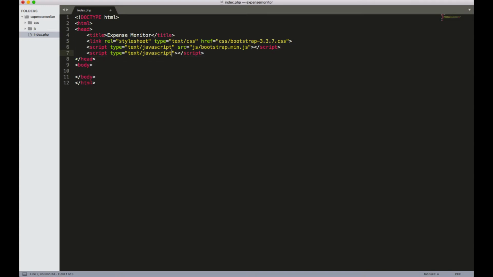script, source is equal to js/jquery-3.2.1.min.js. So these are the three files that have links to the two files in the JS and the other file in the CSS folder. So we'll begin by saying div class equal to container,